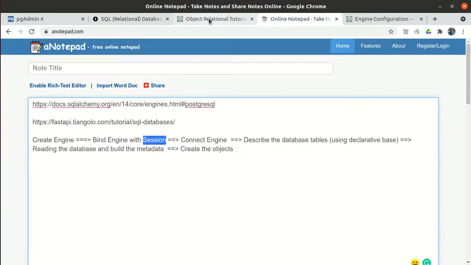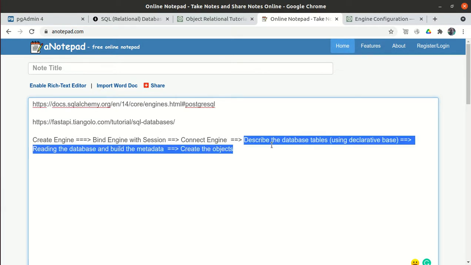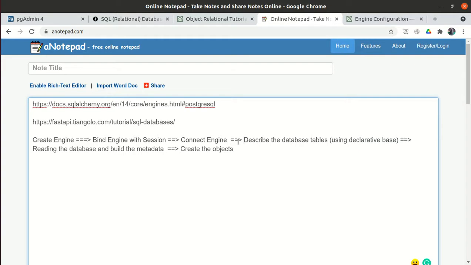Okay, so after that we have to connect with the engine. Now we have just connected with the database, but ideally we have to create tables. If we have to connect with the database, the database should exist. If the database doesn't exist, it will fail with an unknown object error. The database should exist; whether the table exists or not doesn't matter.